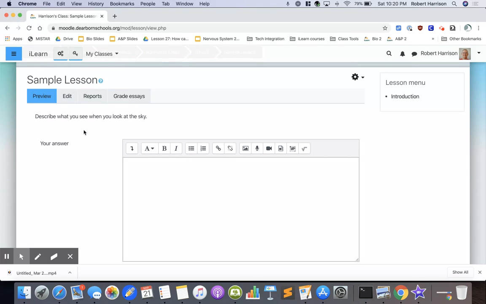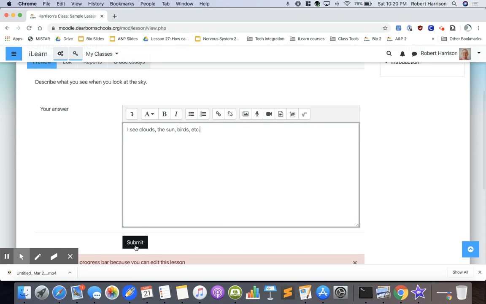Here's our essay question. It says, describe what you see when you look at the sky. And we'll enter a little answer there. Once we click submit,